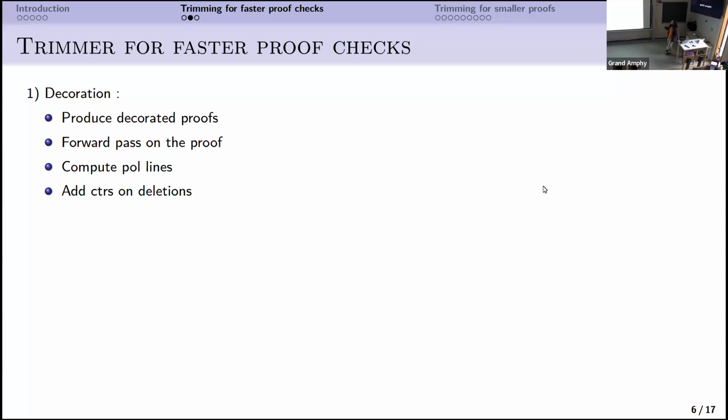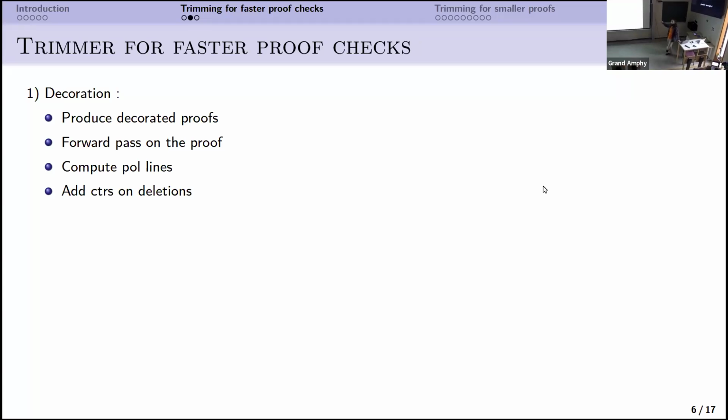The first phase is the decoration phase, where we're going to produce something called the decorated proof. The goal of this proof is to have the database available for the trimmer. Because the trimmer is going from the bottom of the proof, we need the database to compute the wrap statements. So we need, in this first phase, to compute the poll lines, and we need to add the constraints